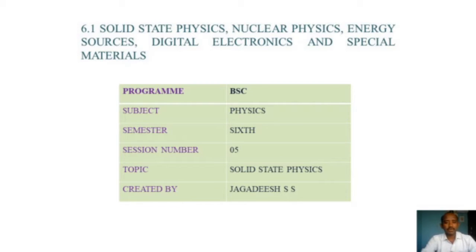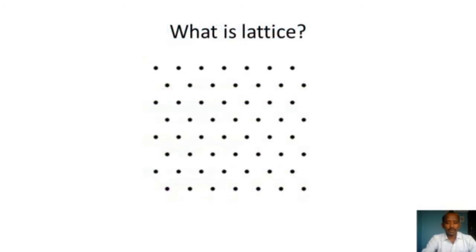In this session, we will study the lattice planes and the Miller indices. Before that, we need to know what a lattice is. A lattice is a three-dimensional arrangement of particles in space, or the position of an atom, which constructs the crystal structure. Here, a lattice plus a basis gives the crystal structure. We already studied this.